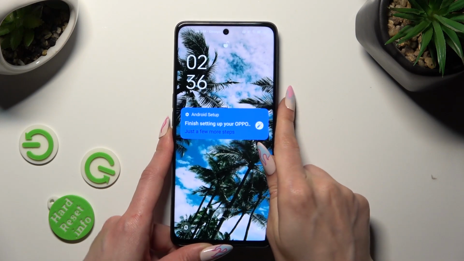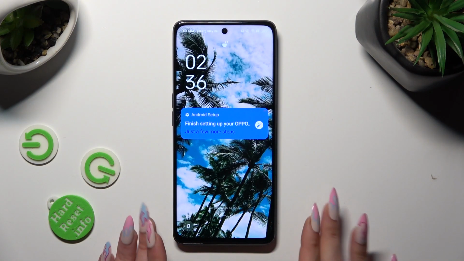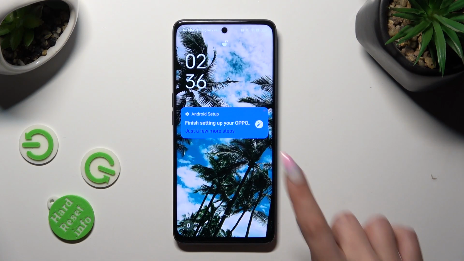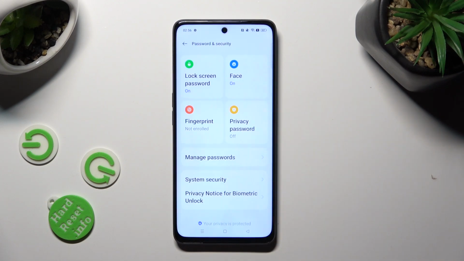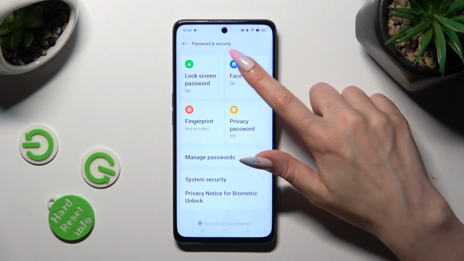I can see that Face Unlock is working properly, so all I need to do is swipe up to open my Oppo. If you wish to delete your Face Unlock, tap on Face section again,